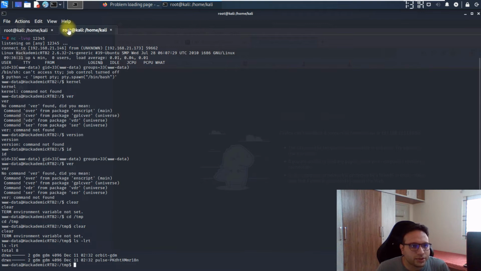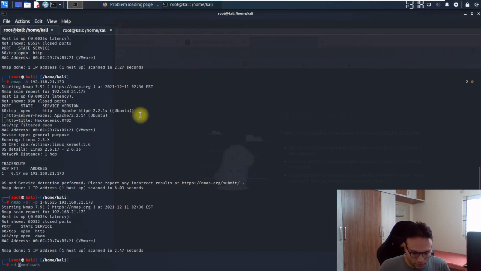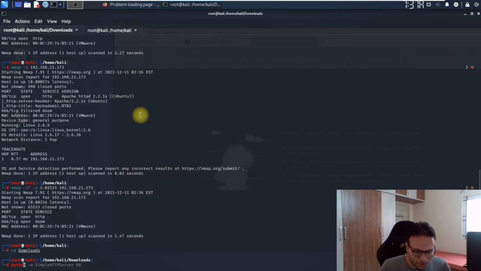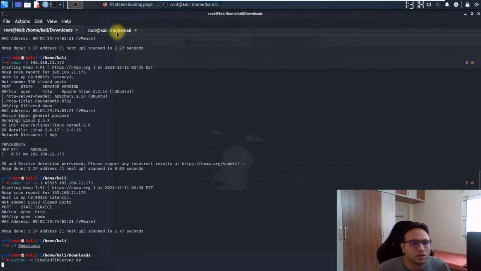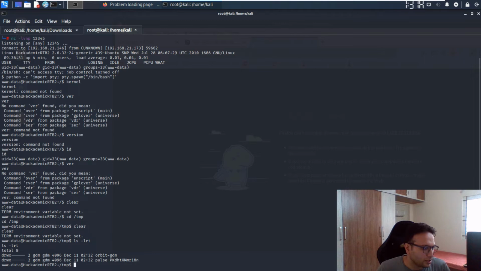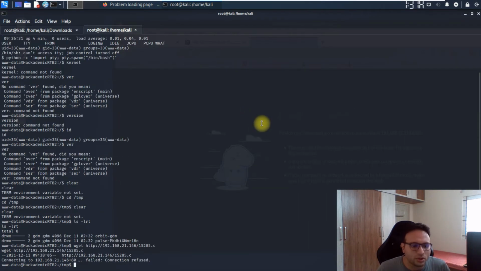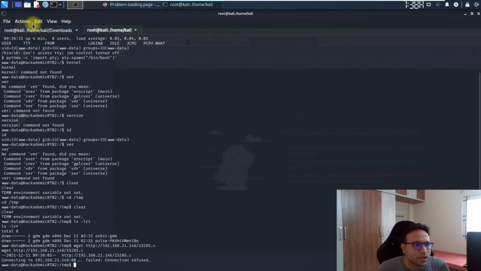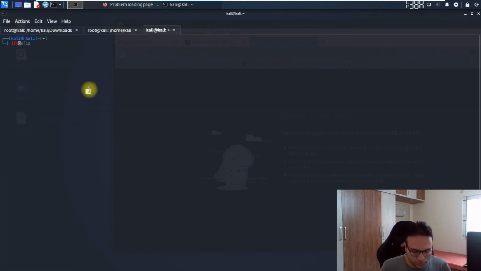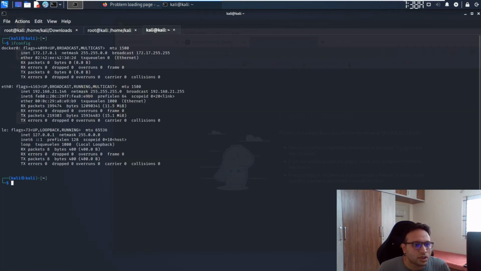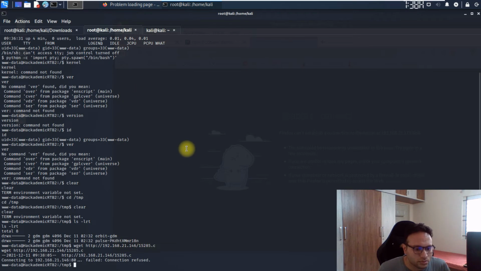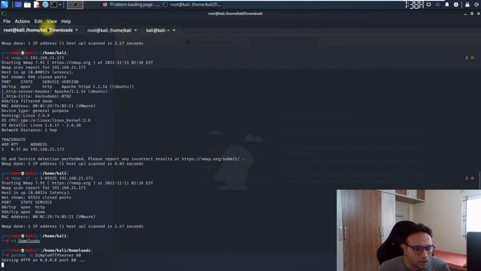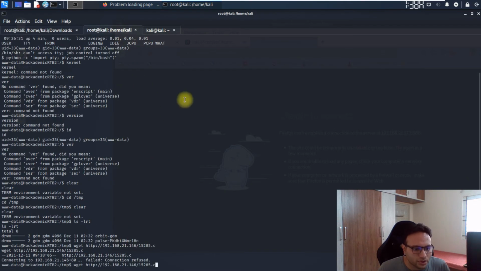Now I'll try to download that file. Let me go to the download folder. Let me start that listener once again. Now I'll try to pull this file. This is actually a kernel based exploit by which we can get root privileges. I think it's not working appropriately, maybe the IP address has not changed now. Let me check that. Okay, it looks the same. And the listener is running on port 80. Perfect.